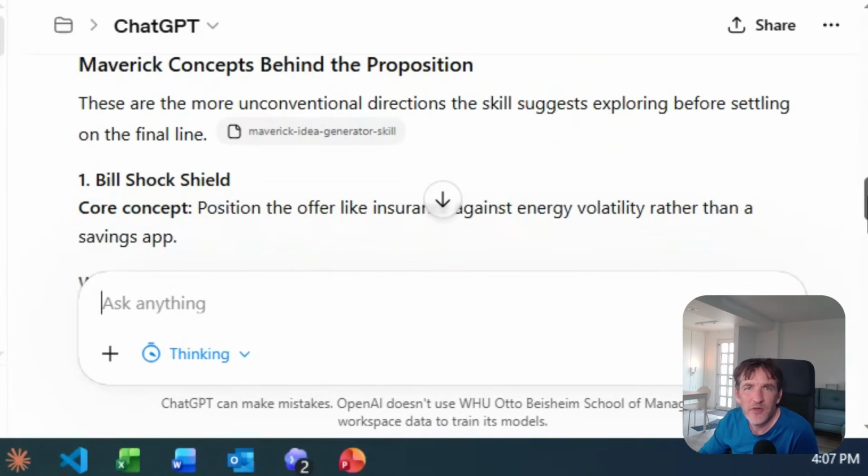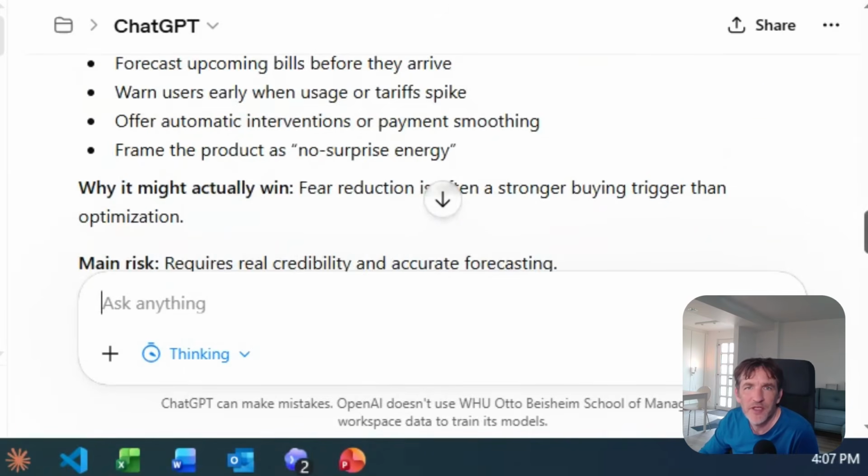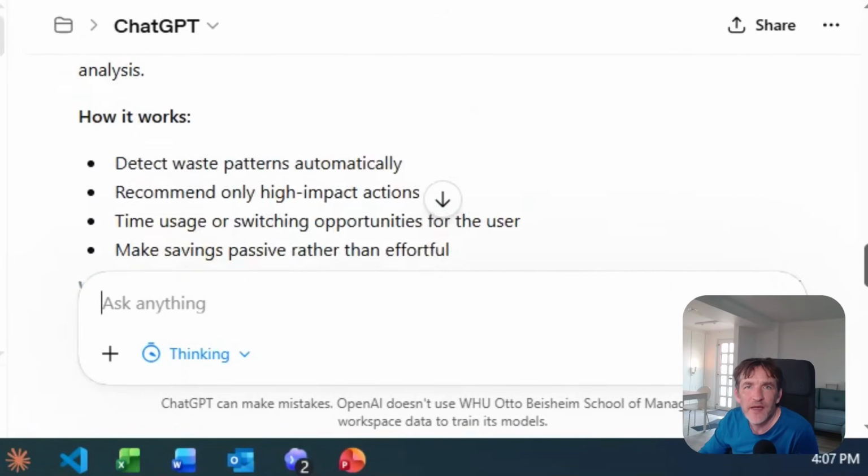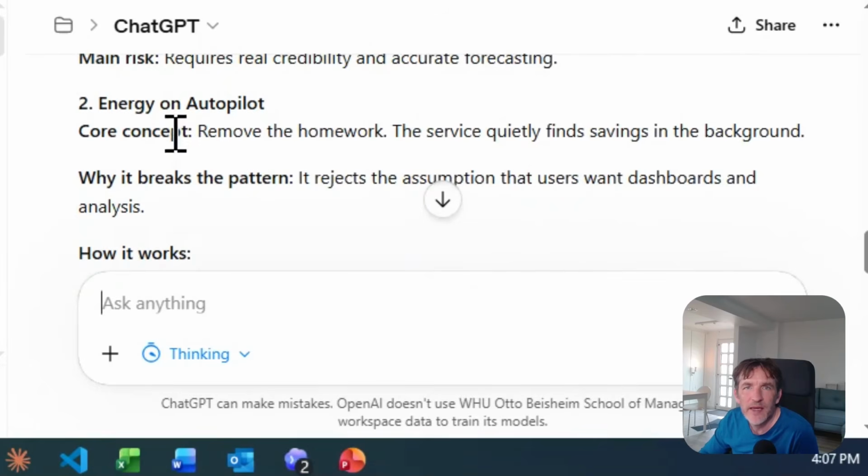So it suggested to have a bill shock shield as part of the value proposition. And when we scroll down here, it also suggests a fair energy plan. And here we have energy on autopilot. So you see that already here, it's not giving me the middle of the road suggestions, but more creative ideas. And that way we can now simply leverage the skill that we have built. So this is the first way on how to use skills in ChatGPT when you only have the Plus subscription,